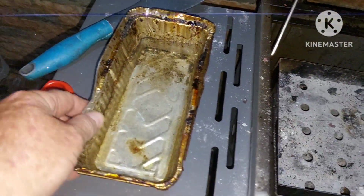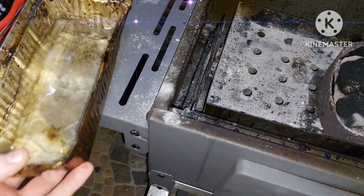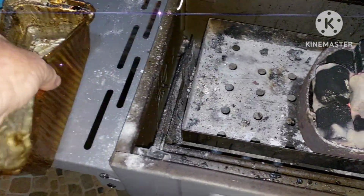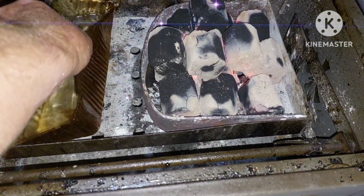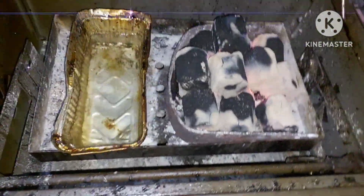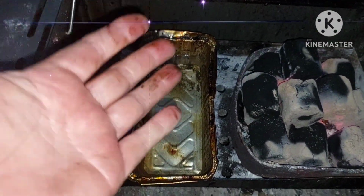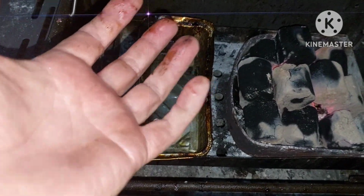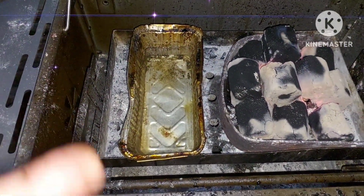And if you're wondering what this was, it's a little pan of water. I'm going to put that pan of water in there. Let's see if I can do it with one hand while holding the camera without burning myself. There we go. Alright, and what that pan of water does is I set the chicken up on the grill above the water, and as it gets hot in here, it actually makes the water evaporate, goes into the chicken and keeps it moist. And I guarantee you that's going to be some super moist chicken. So let's put our